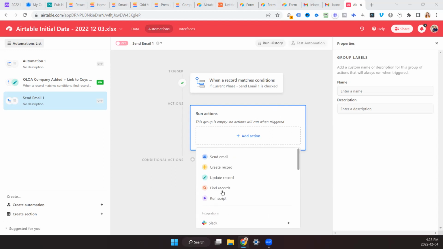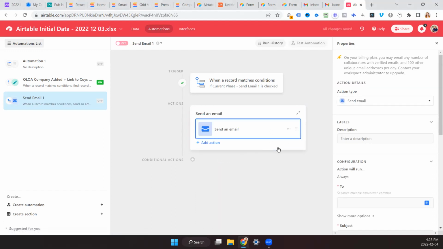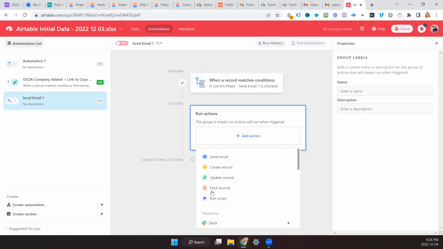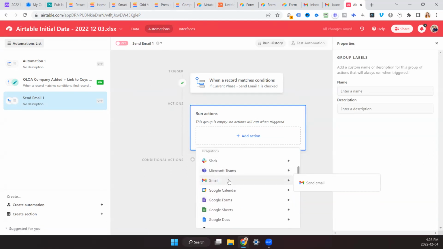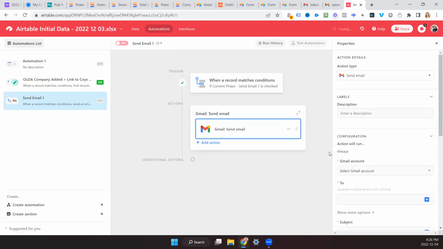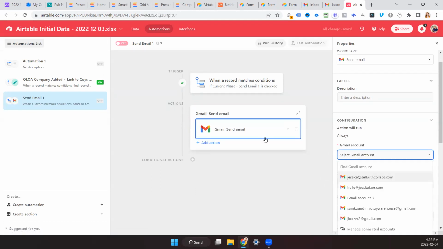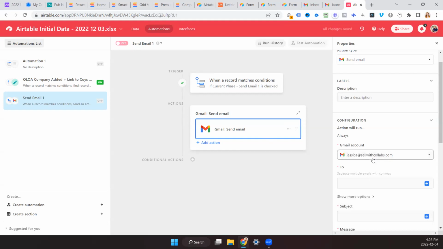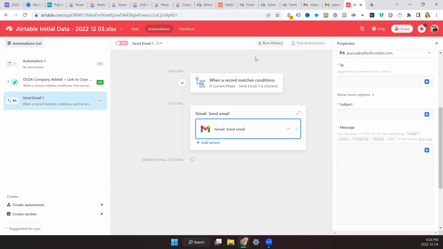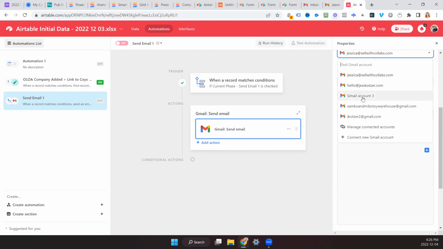You can also send, I would advise against it, but you can send an email like this as well, but it will come from Airtable. So no, actually, let's forget that. We want to make sure it's tied to an email. But essentially, you'll pick something and then simply connect to your account. So as an example, it looks like as a collaborator, I can also send emails from one of my accounts. And you'll see here, in one database, I can send from all sorts of emails.